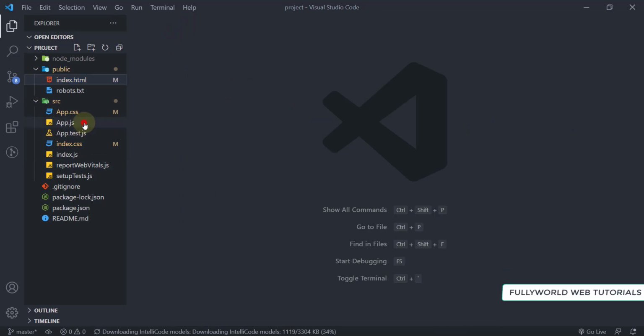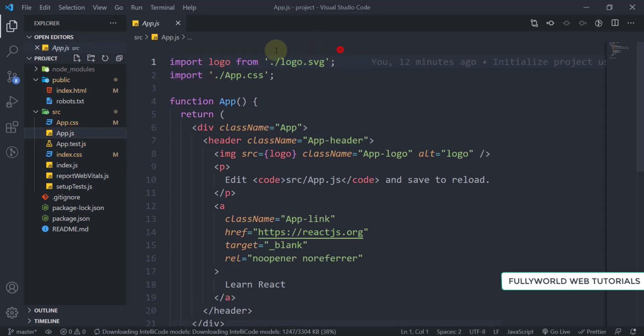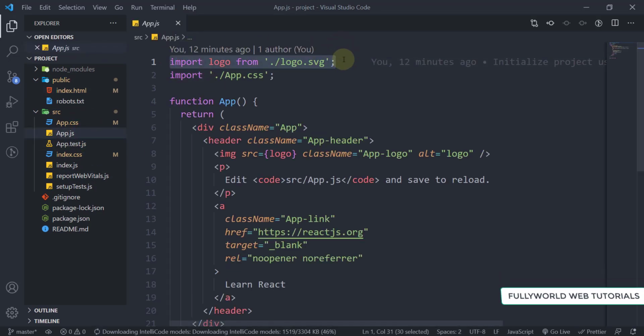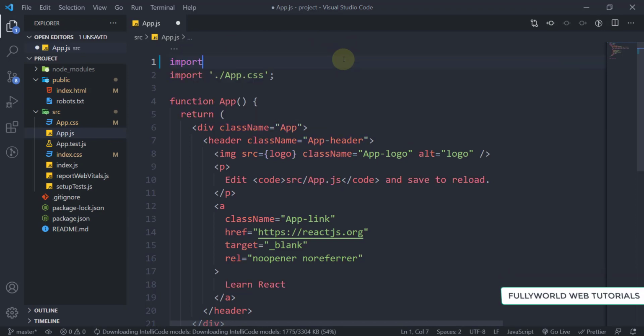Let's move to our App.js, and here I'm going to complete this. We are going to import React from React here.